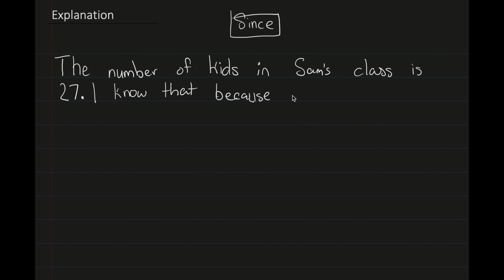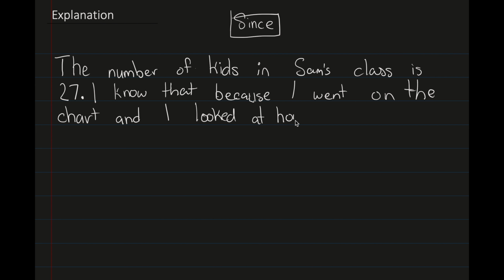I know that because I'm using I, but you could use we if it's a group experiment, because I went on the chart and I looked at how many people voted